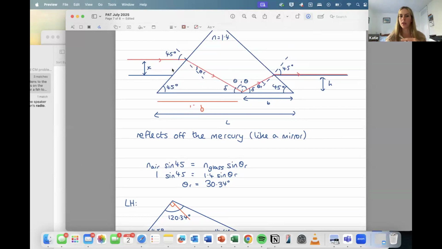So you know that it's 120 degrees at the top for both of them, since this is theta r plus 90. Over here, we've got 90 in this corner plus theta r again. So you know that all three angles are the same. And if all three angles are the same, they are similar triangles. They're basically the same triangle, just flipped and scaled up on one side.